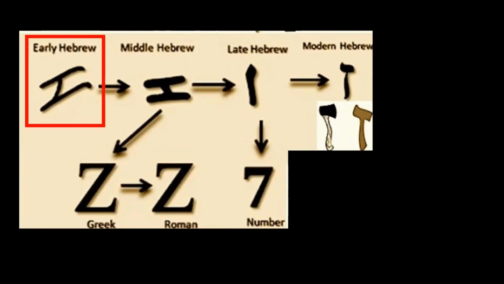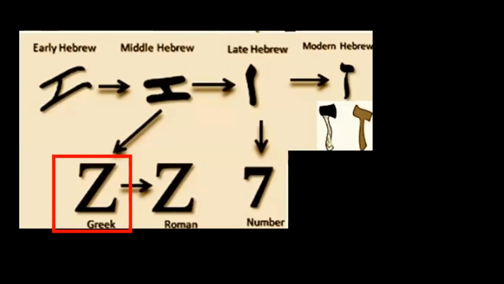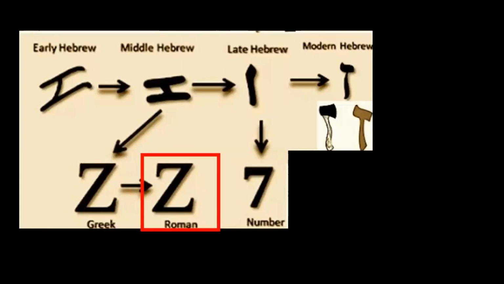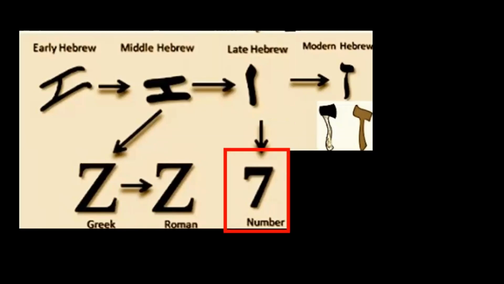And this, of course, evolved into the middle script. The middle script was used to form or influence the Greek zeta. And this became, of course, the Roman Latin letter Z, which also became the English letter Z. Then we have the late script following the middle script, and of course, that is used to represent the numeral 7. And of course, this is the 7th letter of the